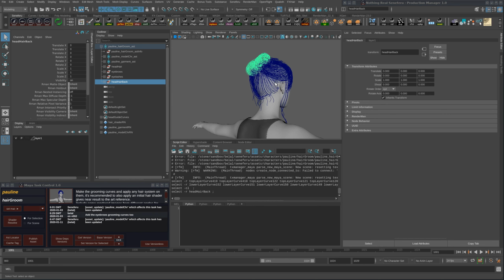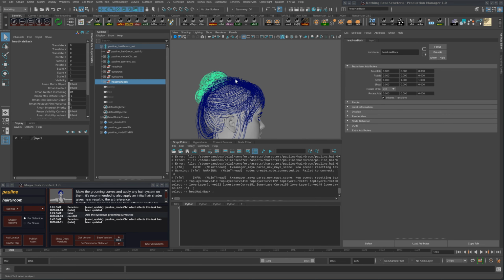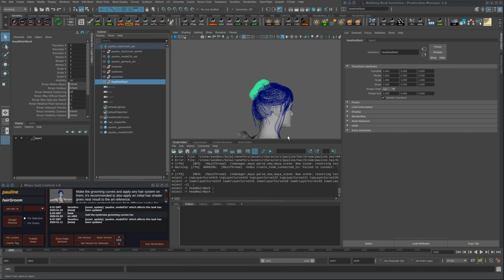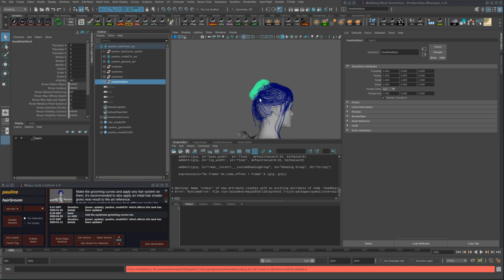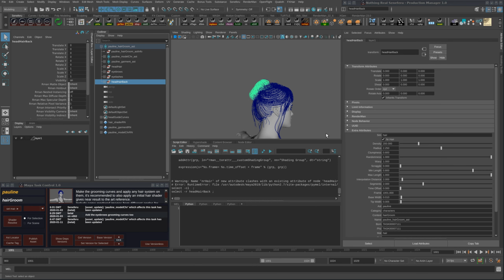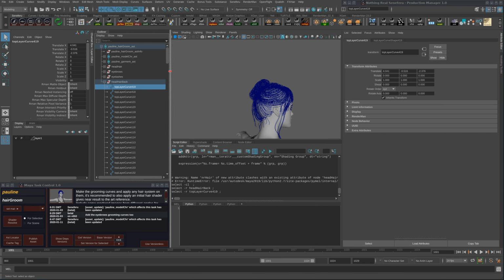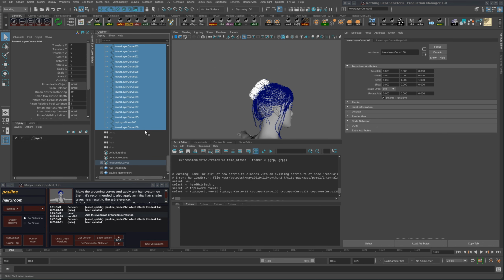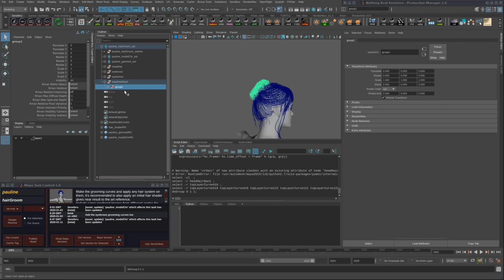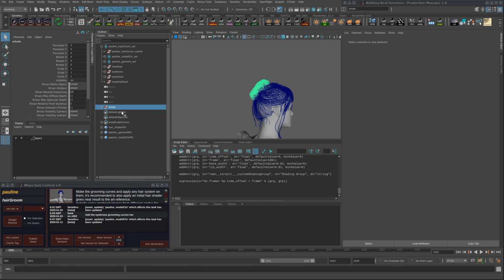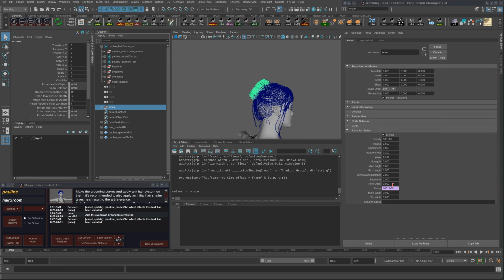Then you put all the hairs, or the guides, that will have the same hair properties together in one group, and after that you click on the NR hair button. This is actually failing because this group already has the properties. Let's say that we have a new group here. If I have this group outside, let's call it whatever, then when you click on this button, this will create the hair properties of this